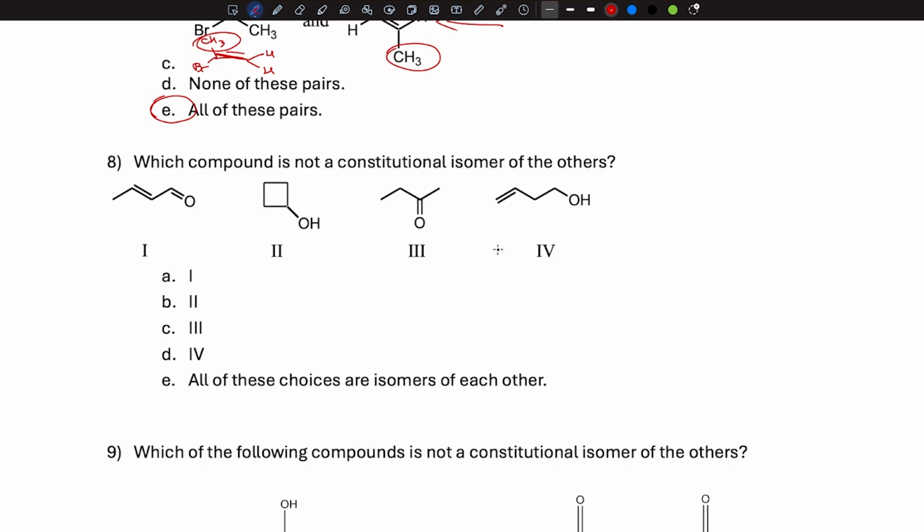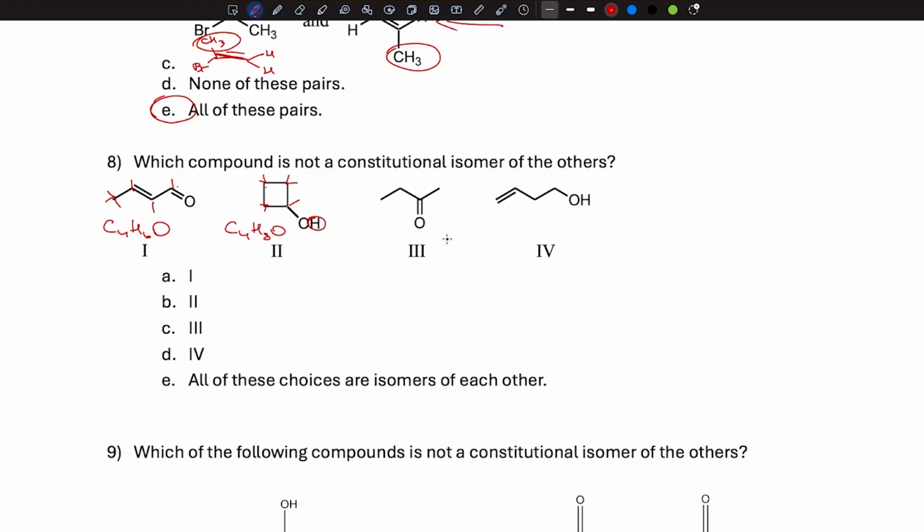The next problem is asking us which of the following compounds is not a constitutional isomer of the others. Well, best option, again, let's calculate the molecular formula. So first problem, we have 1, 2, 3, 4 carbons, 1, 2, 3, 4, 5, 6 hydrogens, and an oxygen. In number 2, I see 1, 2, 3, 4 carbons, 1, 2, 3, 4, 5, 6, 7, 8 hydrogens,